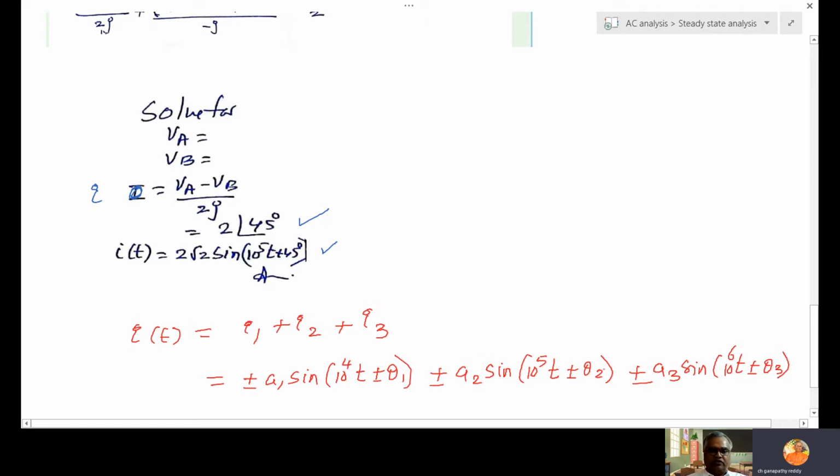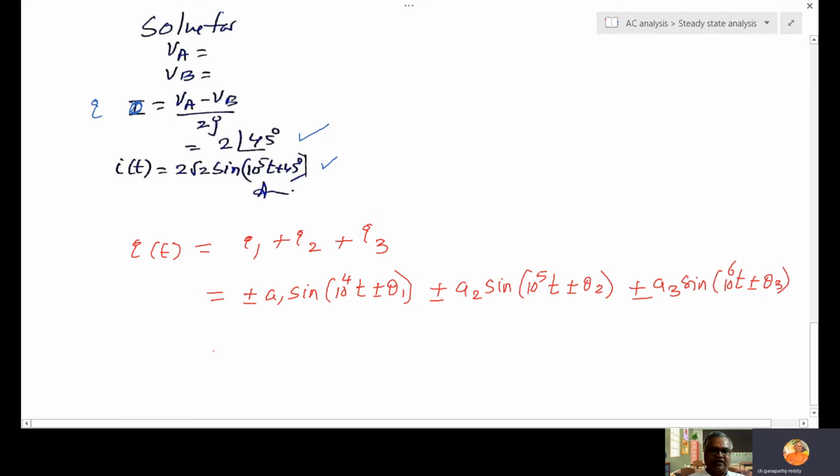You will be knowing the format looks like this and this cannot be added. Why can it not be added? Because of different frequencies. If all frequencies are the same, 10 power 5, 10 power 5, 10 power 6, using phasor form we can add them. That's what we already discussed in the average and RMS topic. If frequencies are the same, we should use only phasor form. But here frequencies are different, so we can't combine. Just leave it as is.